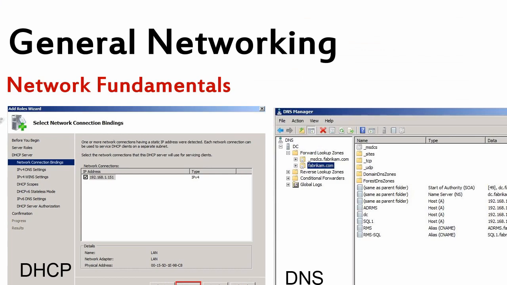DHCP and DNS. DHCP allows your PC clients to get an IP address. You can add a DHCP server and ask your Windows server to be a DHCP server. That is a very popular solution. A Microsoft Windows server is a DHCP server. DNS, that is really important. You cannot have Active Directory without DNS, domain name server. It can be integrated with Active Directory,